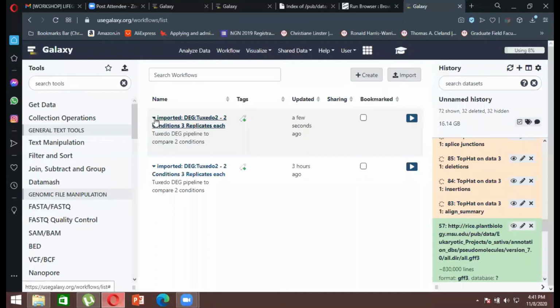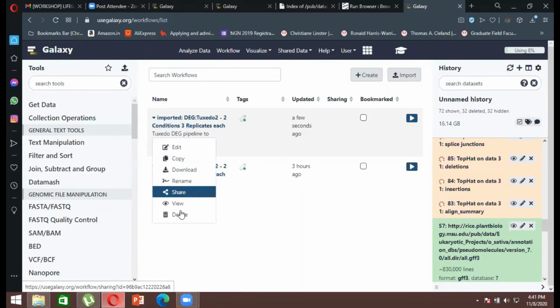So what you can do is there's a small downward arrow over here. You just click over here. There is an option called edit, right? So you have a download option as well. You can either download this file, you can rename this file, you can share it, you can view it again, delete it, copy it. I'm going with the edit version, right? So just click on edit.